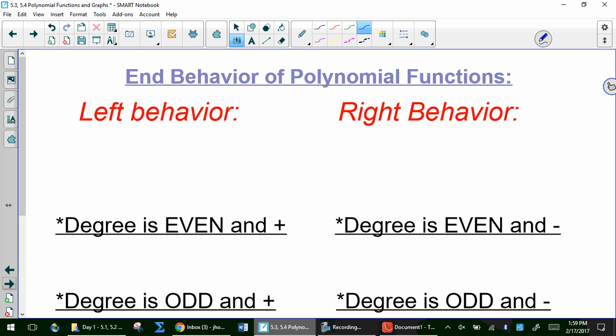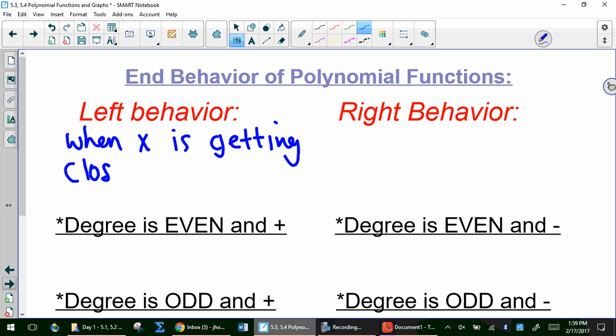Left behavior is actually telling you, all right, if I'm looking to the left of this graph, where x is really small, when x is getting closer to negative infinity, and the degree is even, and your leading term is positive,